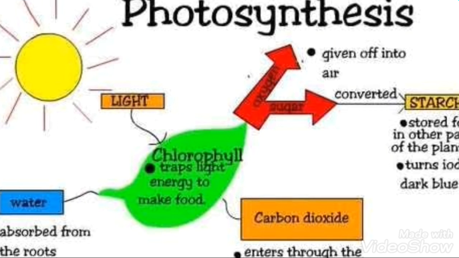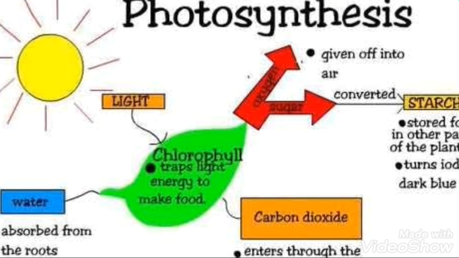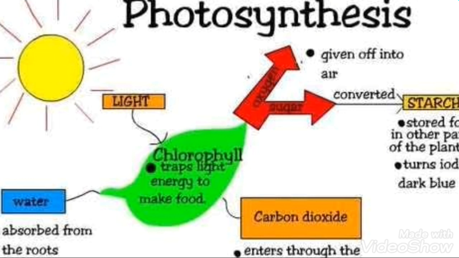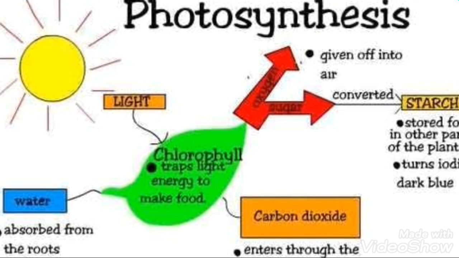Carbon dioxide enters into plants through the leaves, and leaves have small, minute pores called stomata. Then water enters into plants from the soil through the roots, and sunlight is used to combine carbon dioxide and water,